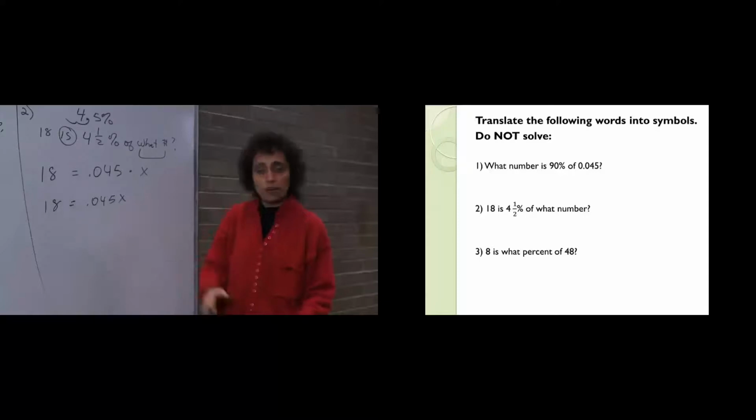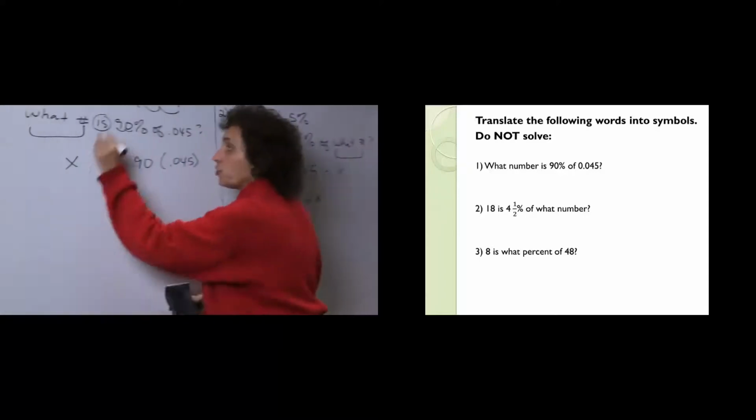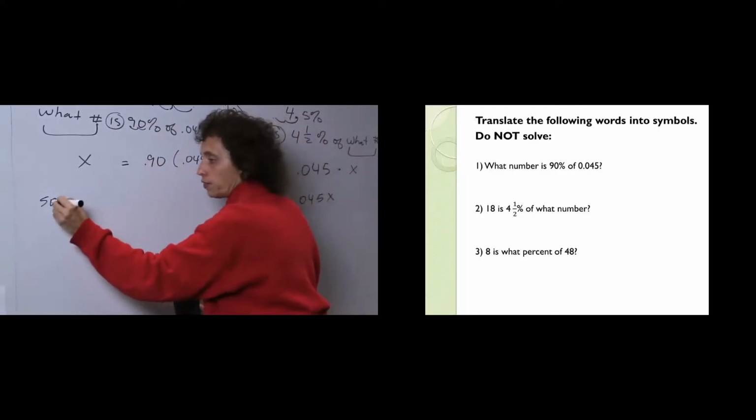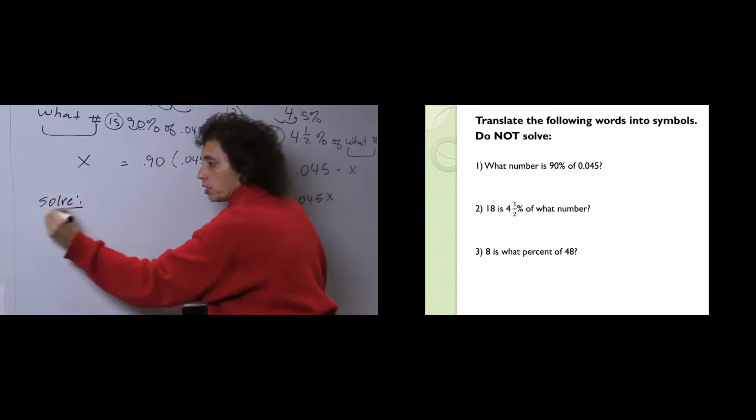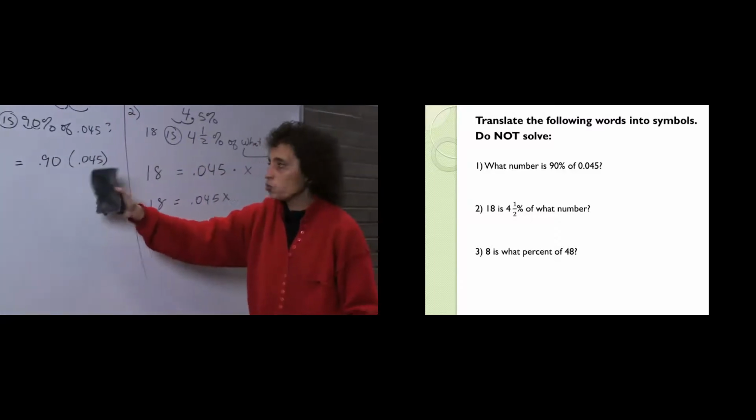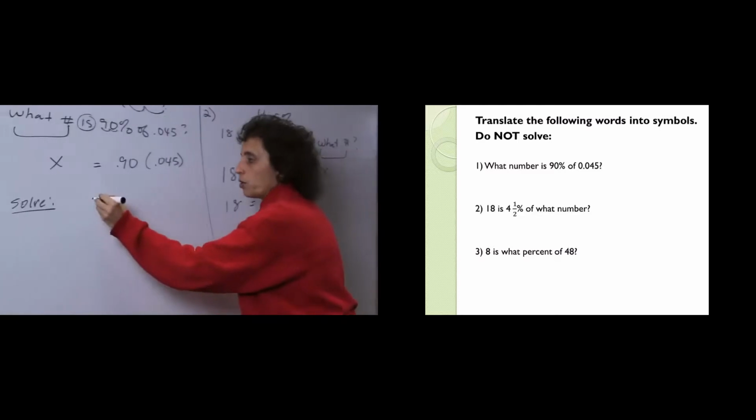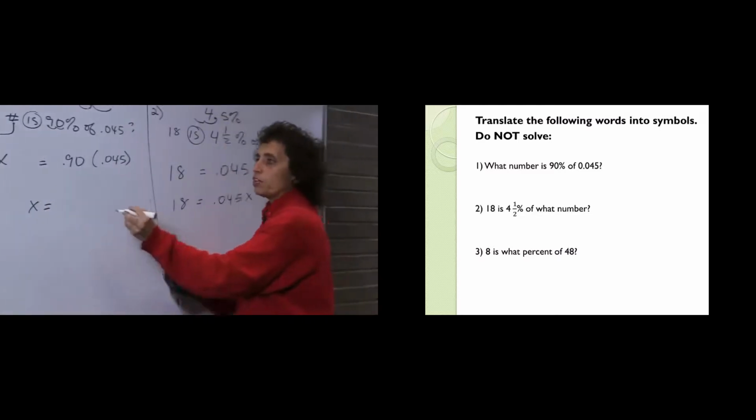So I'm going to solve them. To solve this, so this is your answer to that, just without solving, but now this is the solving. I'm just going to multiply this. X equals this times this. So here we go. If I multiply this times this, I get